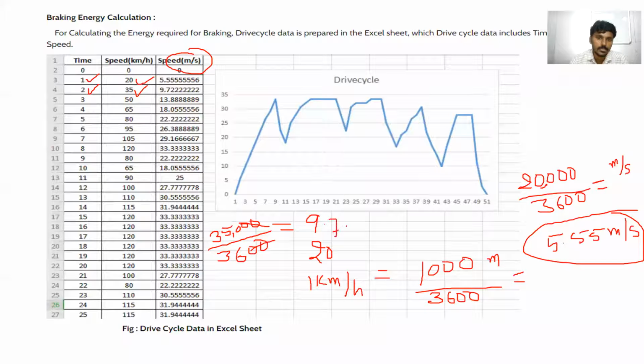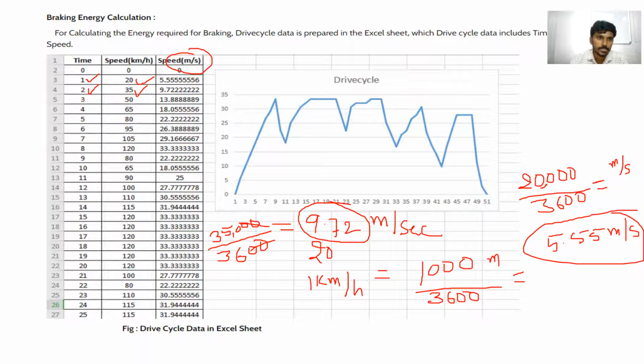The value is 9.72 meter per second. Clear? So this data we have to create in the Excel sheet.